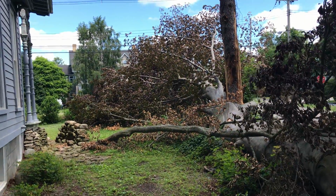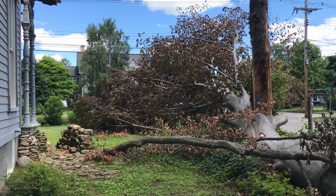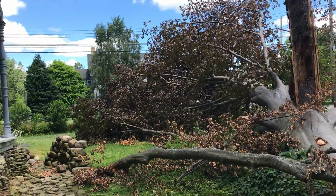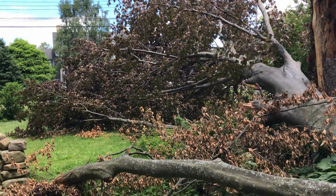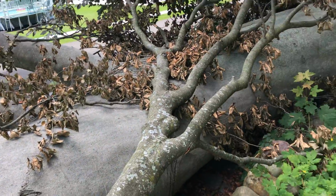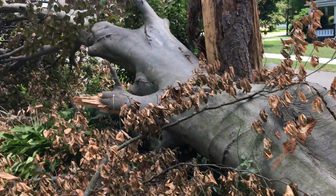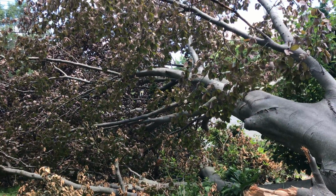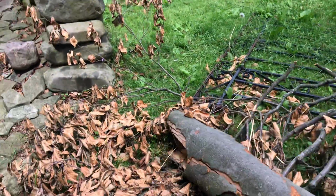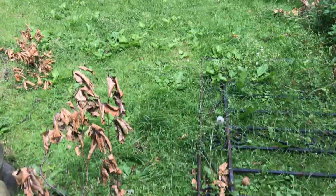I've left these branches on. I switched over to working on the roof, but by leaving these branches, the leaves on the tree as long as we can, or at least until the leaves are totally dead, what they're doing is they're pulling moisture from the trunk. So they're drying out this wood, and they're sucking a lot of moisture, and that's why the leaves, even over a week later, still they're not like this. This is what they would be if they had no moisture to pull. But instead,